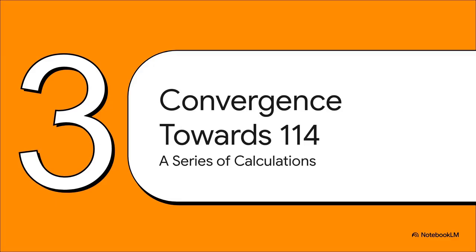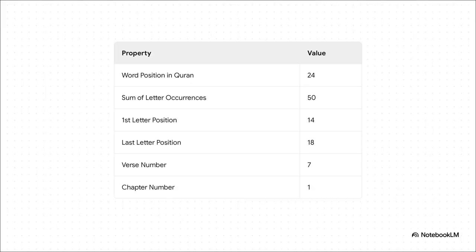All right, now we get to the real heart of this analysis. We're going to run through 3 completely separate calculations. Each one starts from a different angle related to that 24th word, and we're just going to see where the numbers take us. So, for our first calculation, we're going to zoom in on the properties of this 24th word,